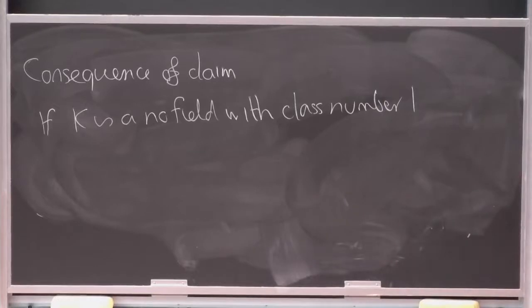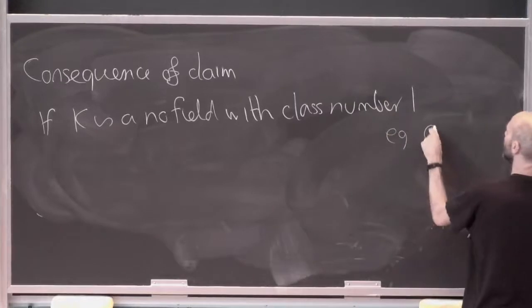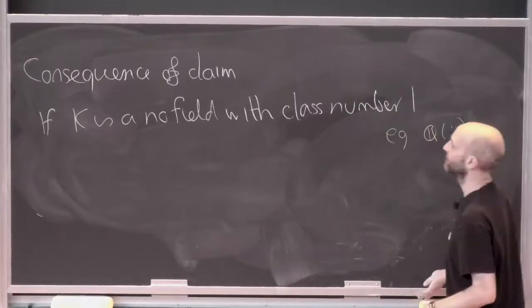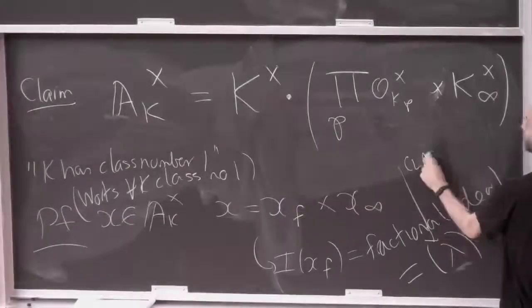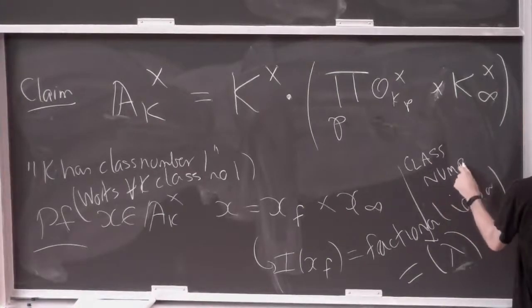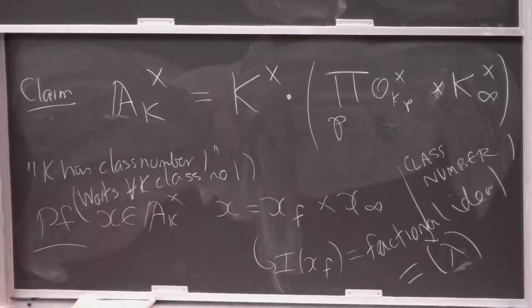If K is a number field with class number 1, for example Q of i, all I need is that every ideal is principal. That's where I used it, right? Class number 1. If K is a number field with class number 1, e.g. Q of i, then to give some Grössencharacter,